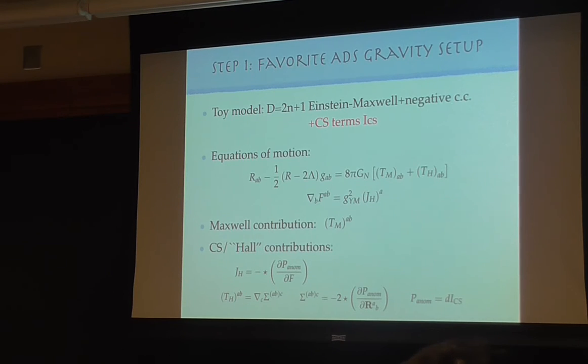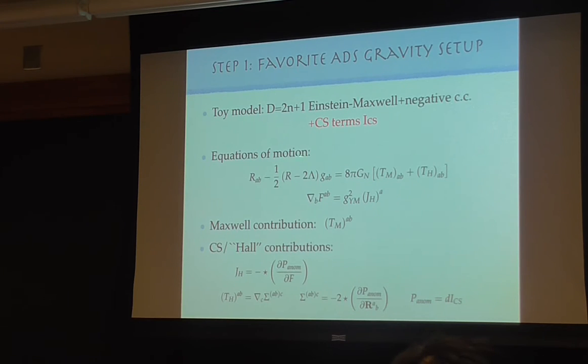So if you study pure gravitational anomaly, it should be Einstein plus Chern-Simons terms plus negative cosmological constant. Maybe in the realistic thing, plus some matter, gauge fields, and all those things. It should be that some of the physics is already captured here. If you add matter, you complicate things, and we wanted to try our hand on the first thing that works. So our setup is very simple.